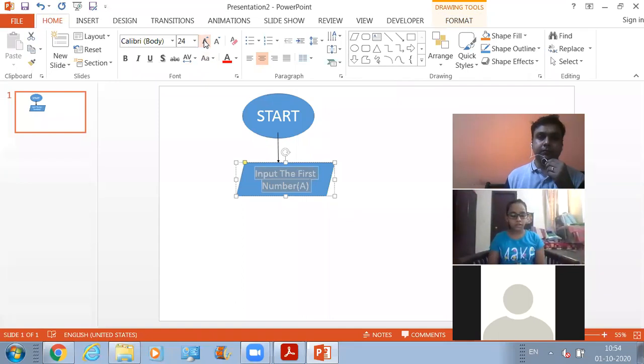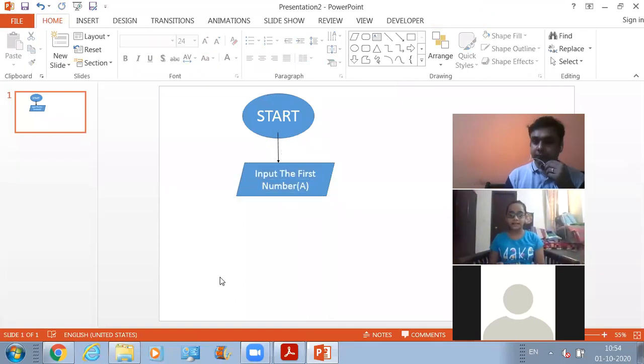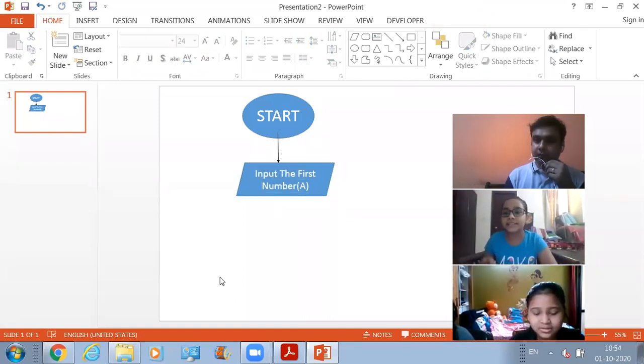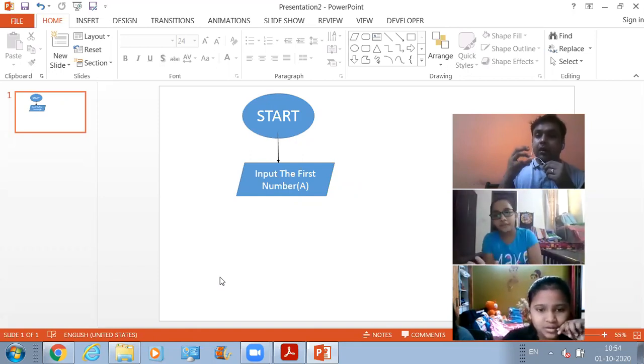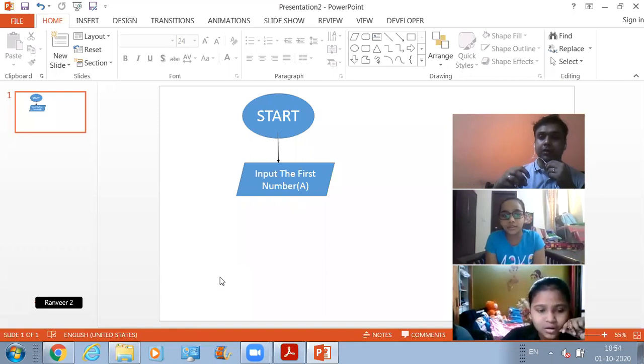The variable is a program which stores the numbers. A variable stores the data. No, dear, a variable is not a program. A variable is a store, like a storeroom or a storehouse where we can store the values.